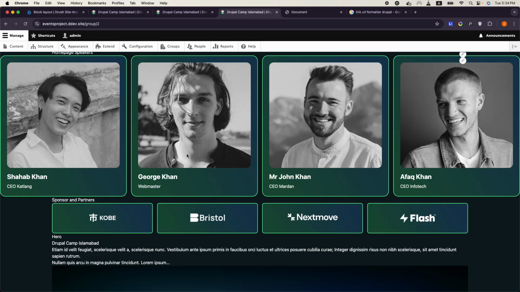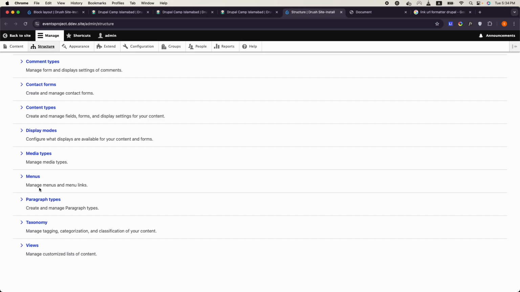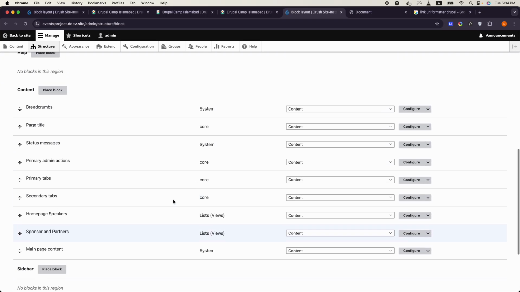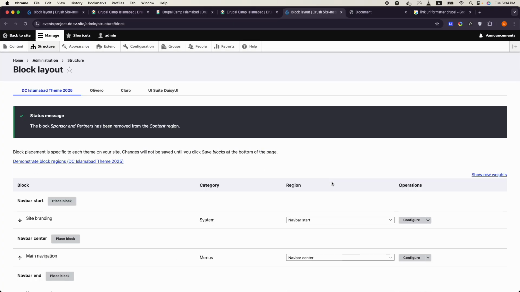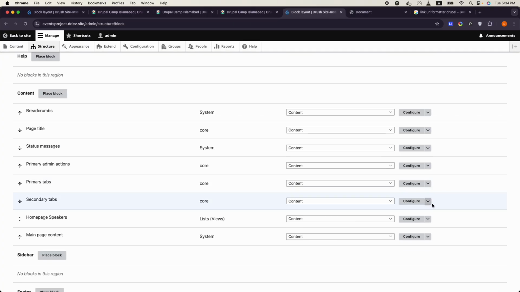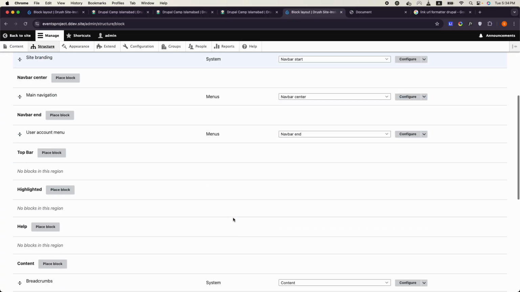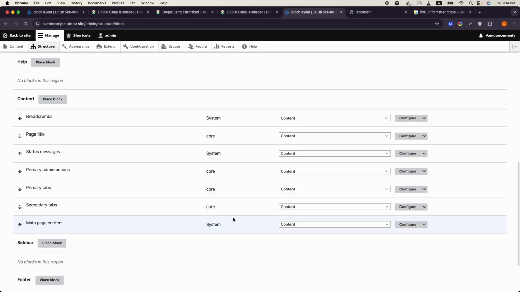We added them in the content, so we now need to remove those. So if I go to structure, block layout, we will remove sponsors as well as speakers from here. What else do we have so that we don't